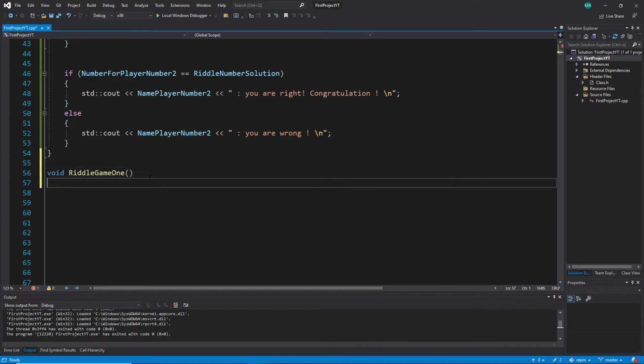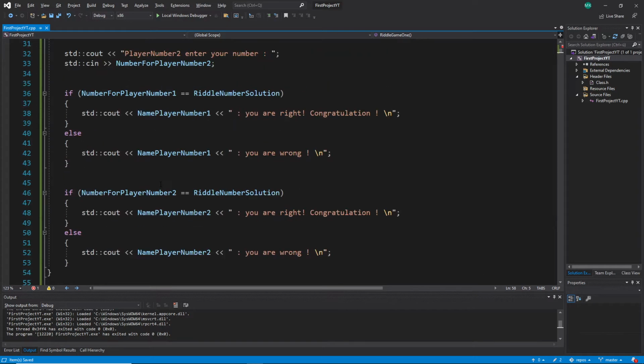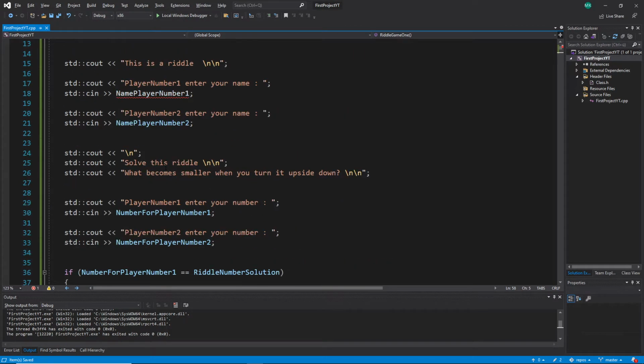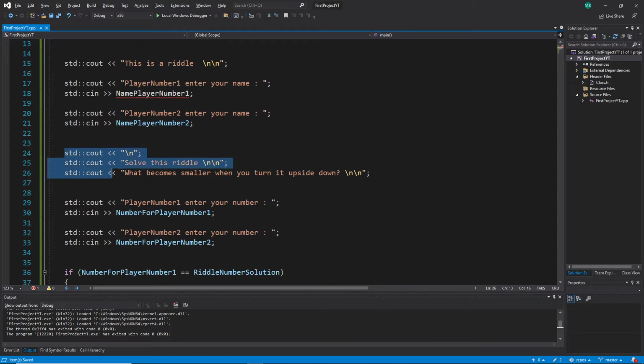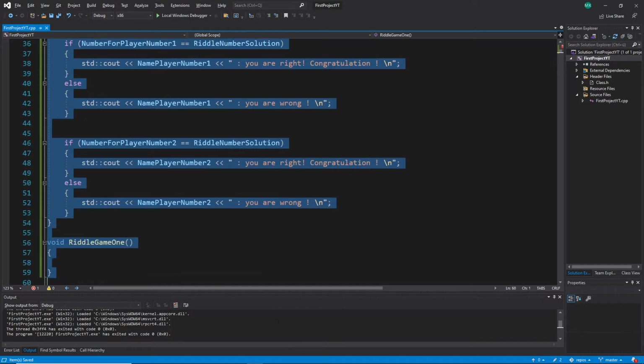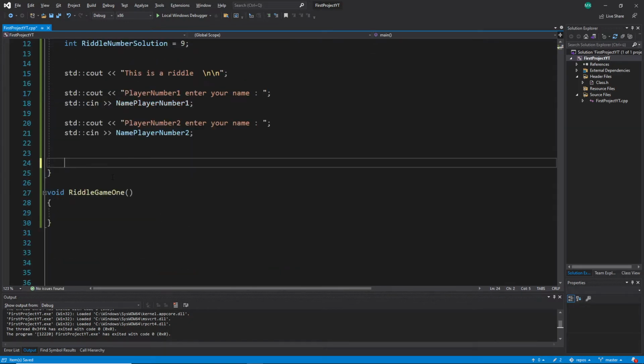Perfect. So I go here, and I'm already almost finished with my function definition. Now I have to put the code from here in. Let's do this as well. So what we have to do is, let's see, solve this as well, become smaller in here. I think from this point, you can see what I'm doing right now. To this point, I just take it out from there, and